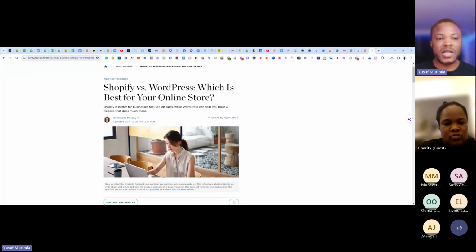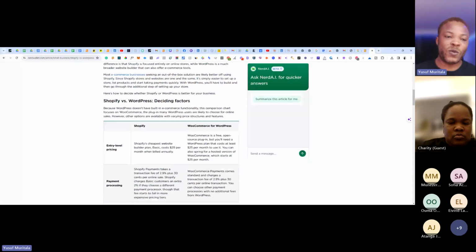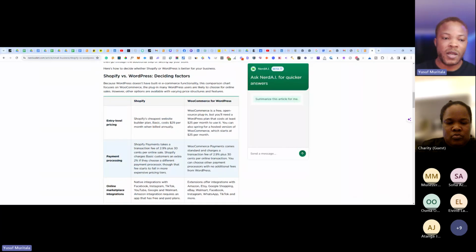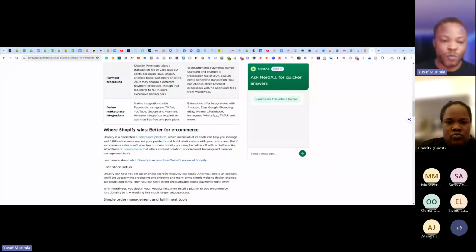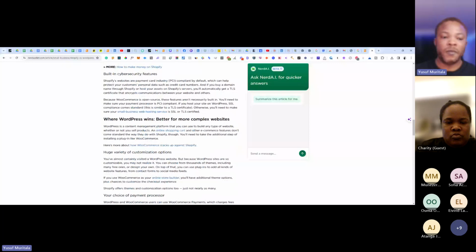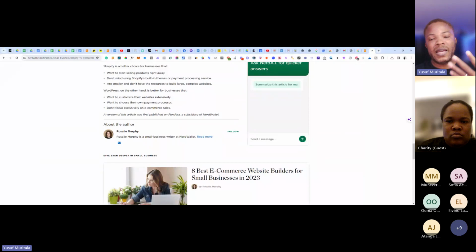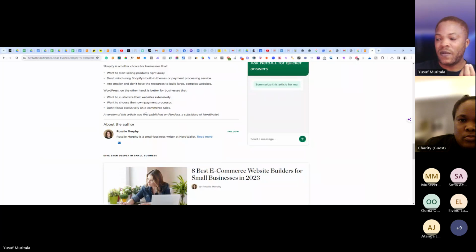And you can see it here, Shopify versus WordPress, they did the factors and everything that they are going to use for the content, and then they broke it down into pieces for people to understand. You can see also they have demonstrated their expertise here by having the author page, right? So you can see it here, the author page, and Google uses all of these things to determine if a page or a content is actually quality content, right?